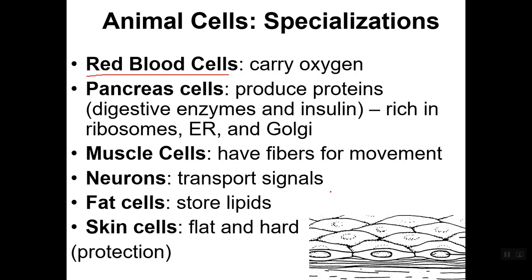Neurons are all spindly and gangly. If you see a neuron, it looks kind of like this, with a little branching pattern, because it's sending a signal all the way up that neuron. Maybe from your foot to the base of your spine, you can have neurons that are literally feet long. Very specialized, and their function and their shape match, which is a theme that we're going to see over and over. Fat cells store lipids, and skin cells, our epidermal cells, help protect. These are all very specialized cells that have really one function. They're one-trick ponies. They can only do the one thing, but they can do it very well.